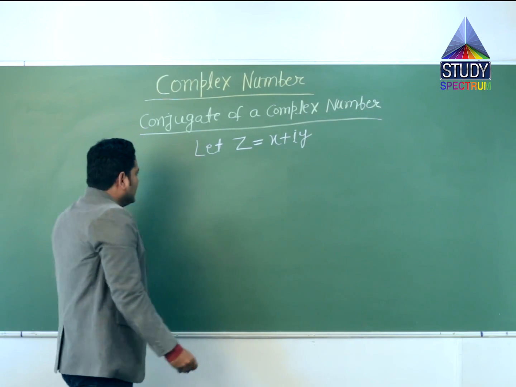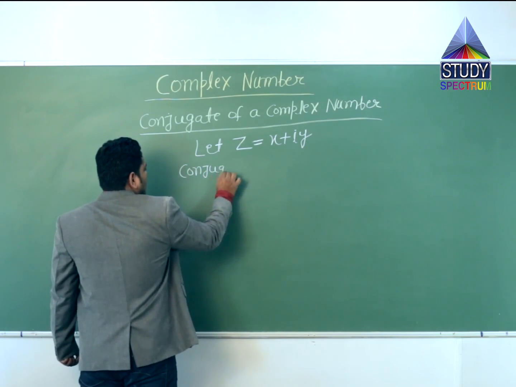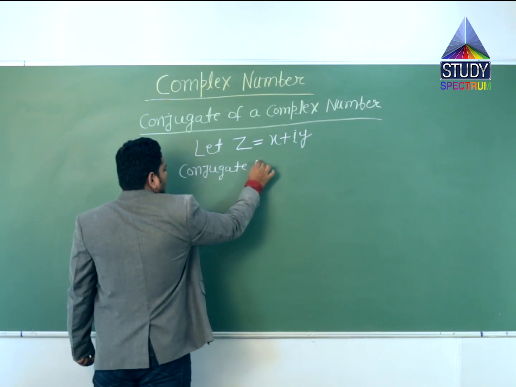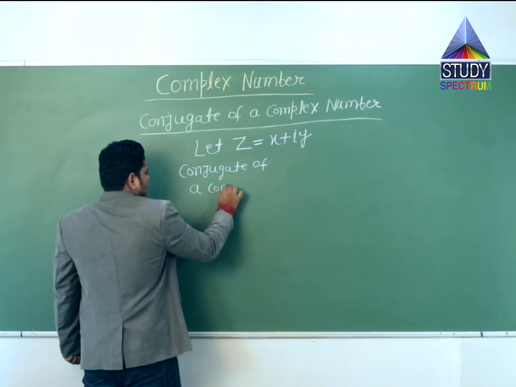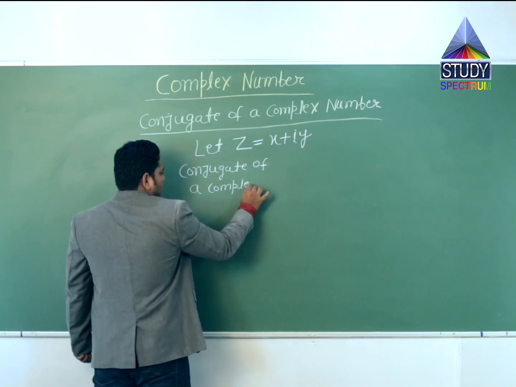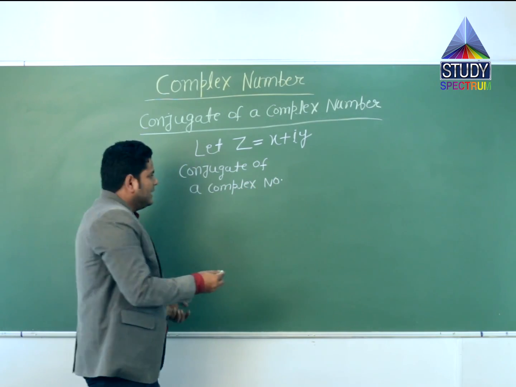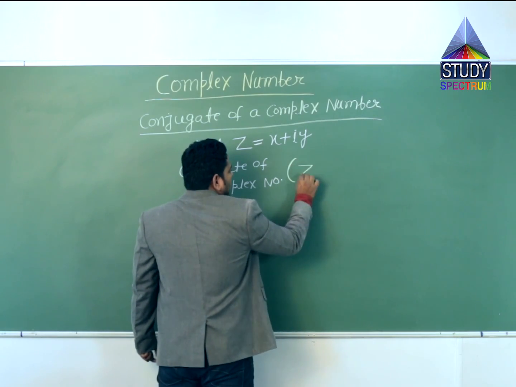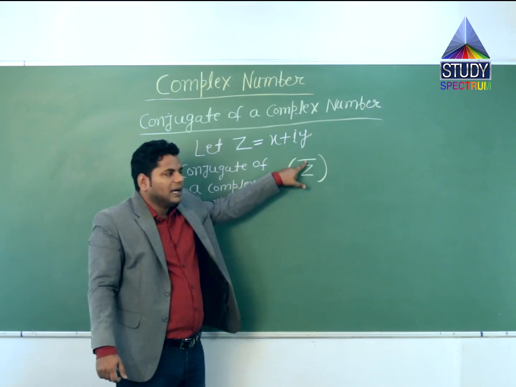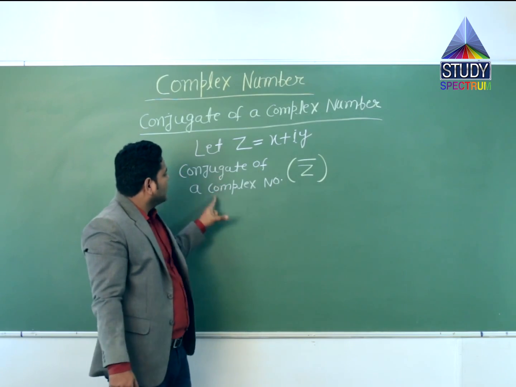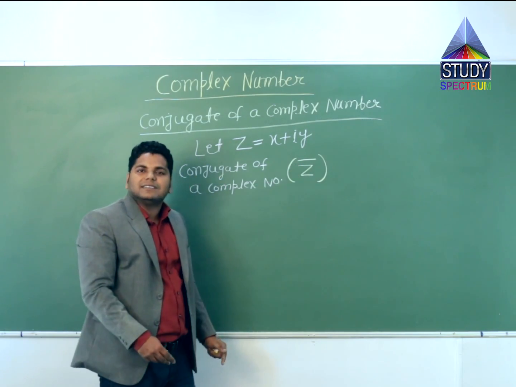Okay. Then the conjugate of a complex number is denoted by Z bar. Okay, this symbol is read as bar, so the conjugate of a complex number is read as Z bar. Okay, and it is defined as